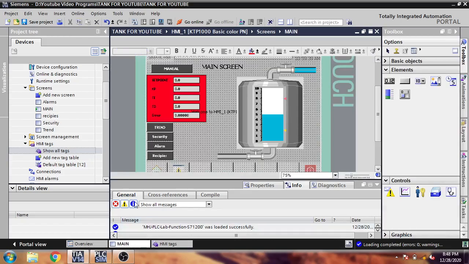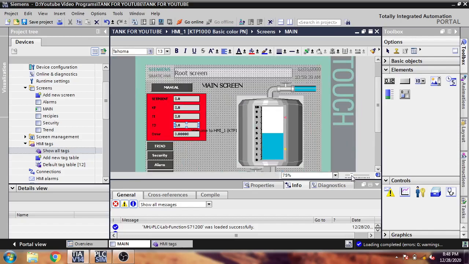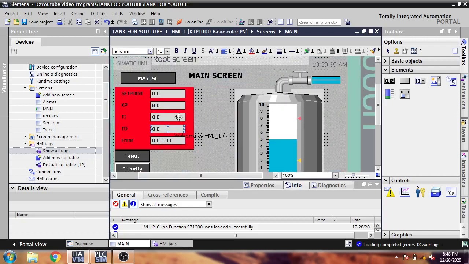You will see KP, TI and TD for our recipes. I'm just pointing at them because we need to focus only on that. I only created recipes for KP, TI and TD.